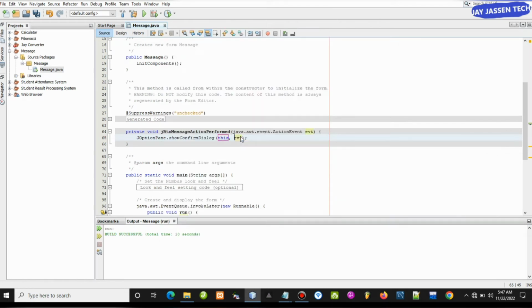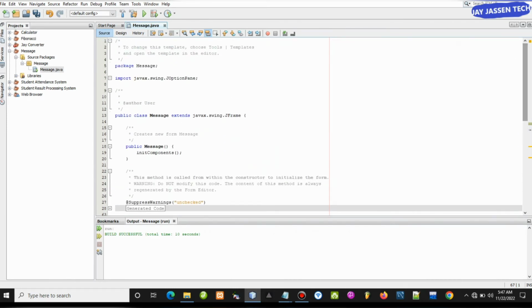This means that once this particular button is clicked, this is what the user should be able to see. So once this button is clicked, display this: how to create a message pop-up in Java using Netbeans. Alright, so once I'm done with that, if I scroll up, I should automatically have this line of code